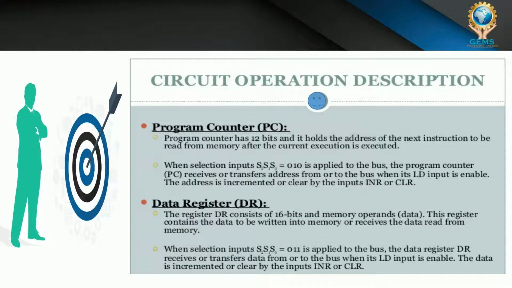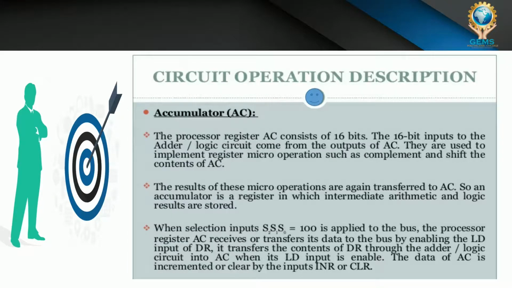Next, program counter. Already I discussed. The program counter helps us to store the instruction. Instruction means what to do, how to do, when to do. So based on the instructions, the computer will work. So it's called data movement instructions. We will see. And next, data register. The data register helps us to store the data. Actually, the data register contains the data.